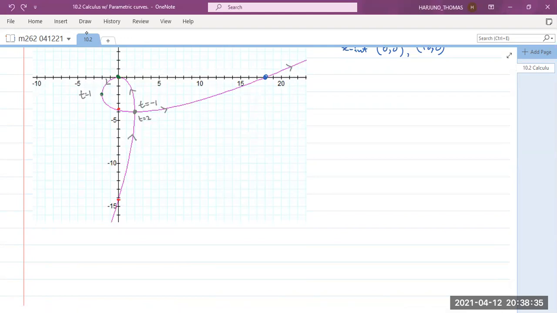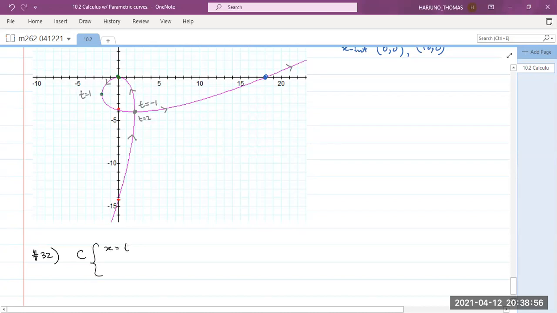Find the area enclosed by the curve and y-axis. Number 32 or 33? You tell me. Number 32. Okay, so number 32, we have the curve given by x equals t squared minus 2t and y equals square root of t